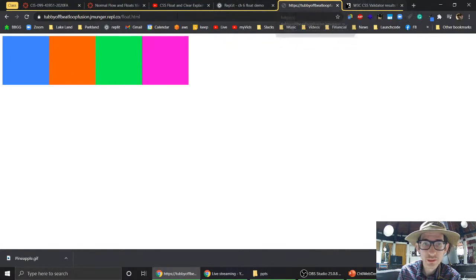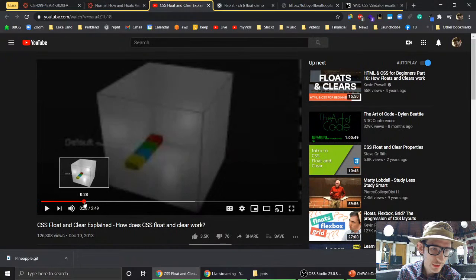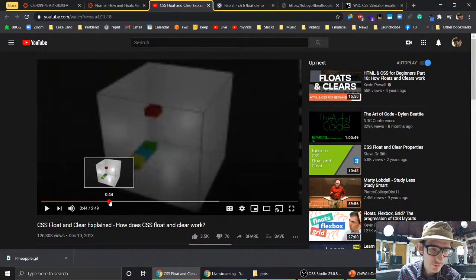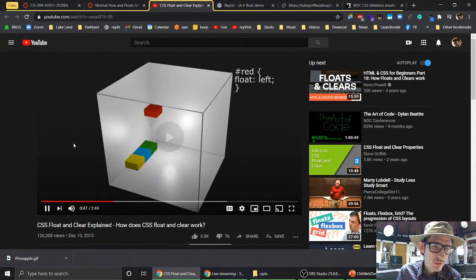Alright, so we can see that here in the video. This guy does a really good job explaining this, and I'm just doing it for you here, but you can watch the video if you forget, or you want to see another one. And so here, first block, the red. The idea is when you apply float, you need to imagine that it is going to rise up